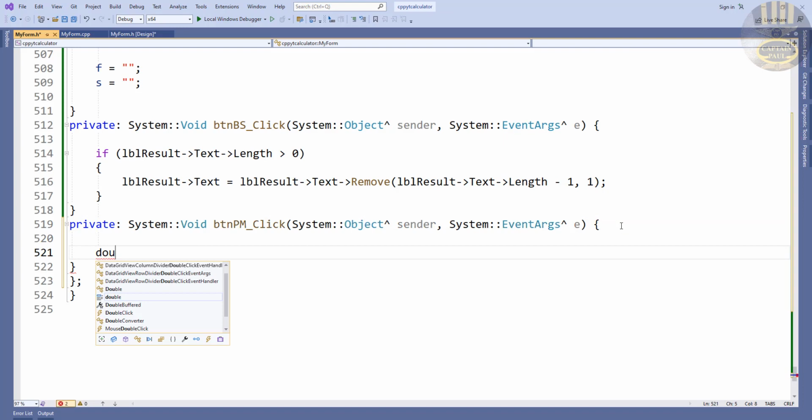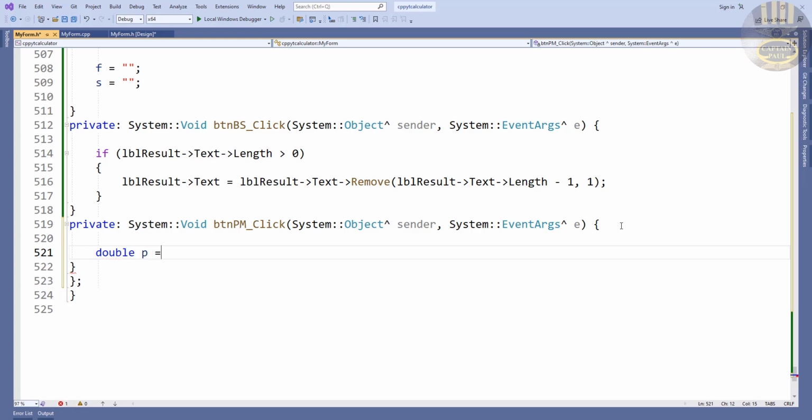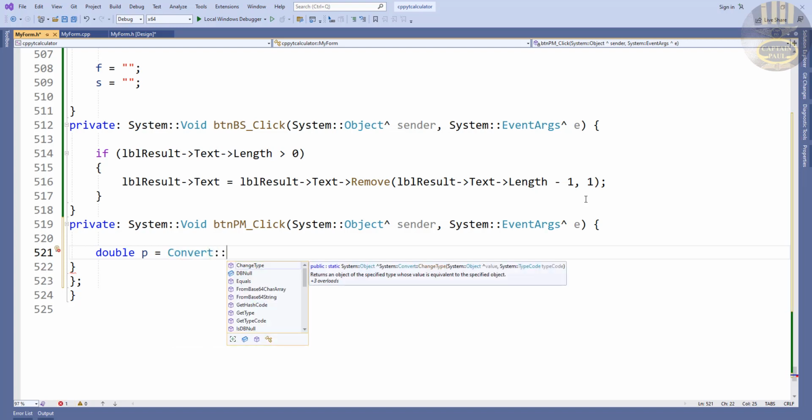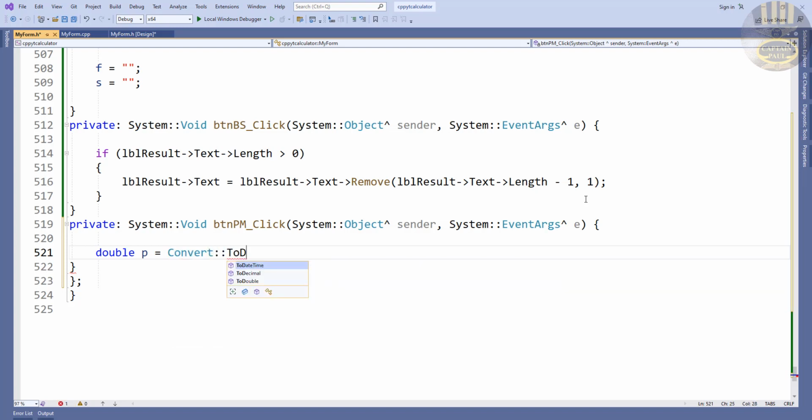Just declare one variable. We can call that plus. No, that should be double. I'm going to just call it P. P equals, we need to convert. Let's say we convert whatever we have. Okay, convert colon double,